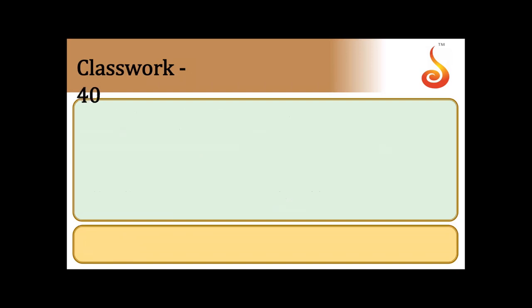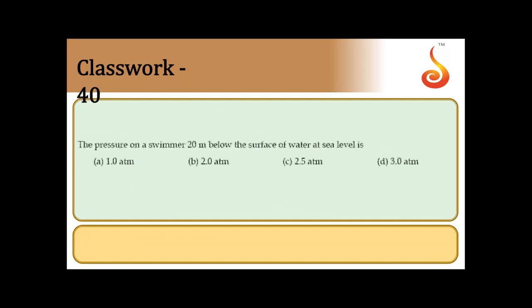Yes, we shall move on to next one. The pressure on a swimmer 20 meter below the surface of water at sea level is. So, pressure at a depth is given by atmospheric pressure plus rho g h, where h is depth. So, PA is atmospheric pressure,